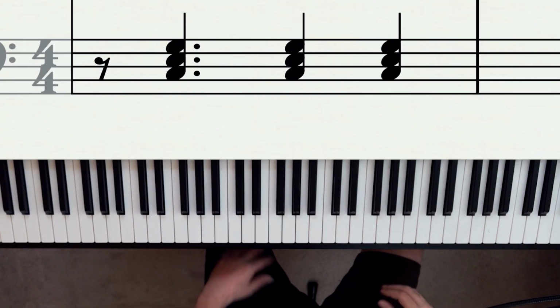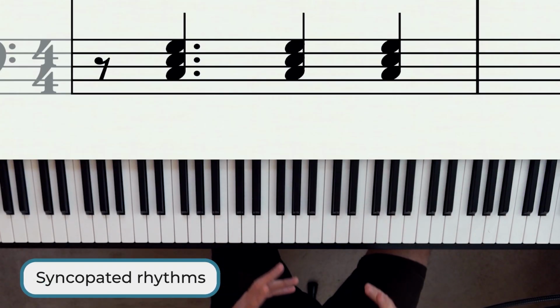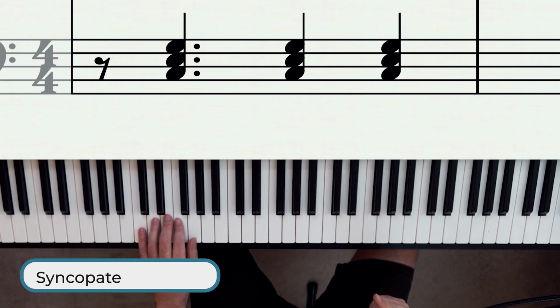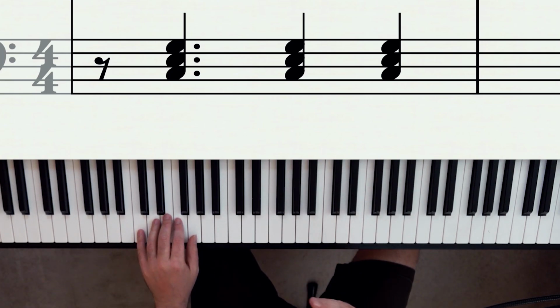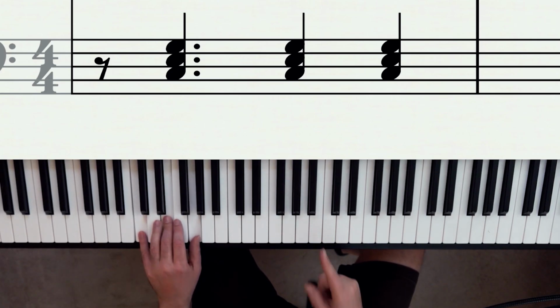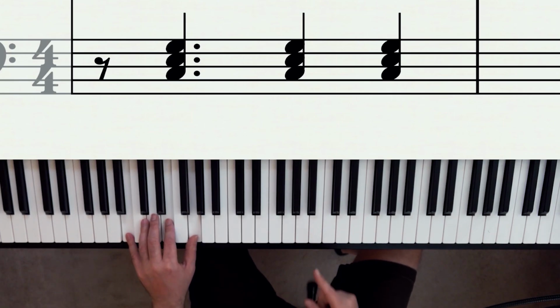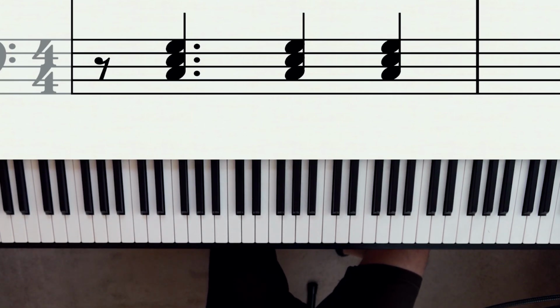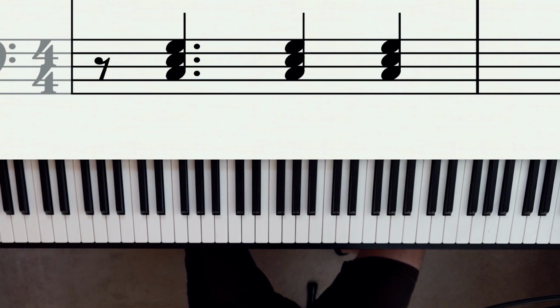So the next 3 rhythms I'm going to show you are syncopated rhythms. You may have heard this before. So rhythms that fall on the beat are just normal standard rhythms, right? 1, 2, 3, 4. But remember we were counting the eighth notes, 1 and 2 and 3 and 4 and. So what if I had the chords on the ands of the beats like this? 1 and 2 and 3 and 4 and 1 and 2 and 3 and 4 and 1 and 2 and 3 and 4 and. You can see it definitely created a different type of sound, and that's what we call